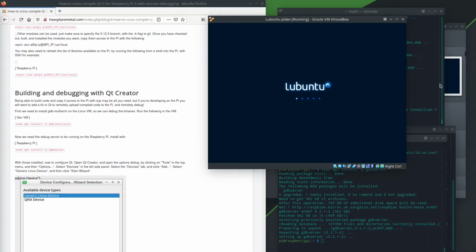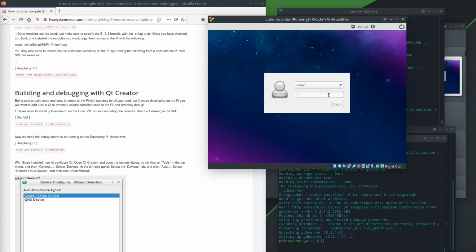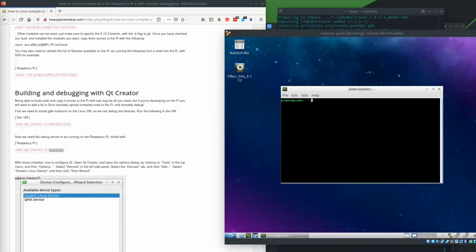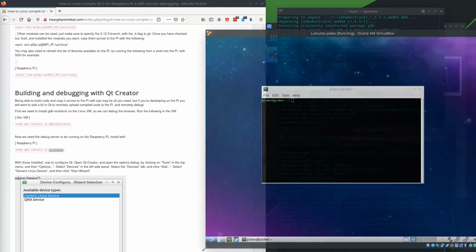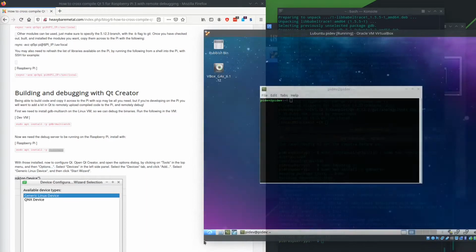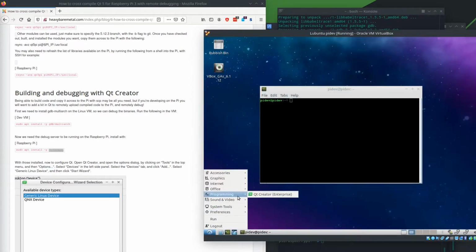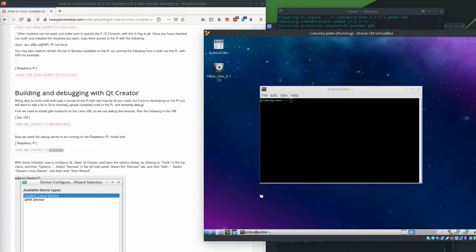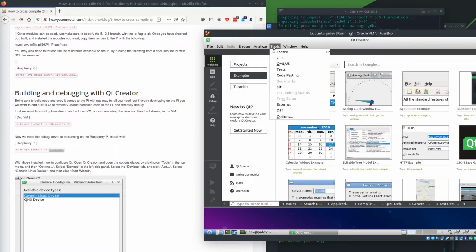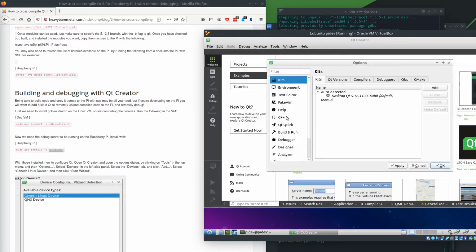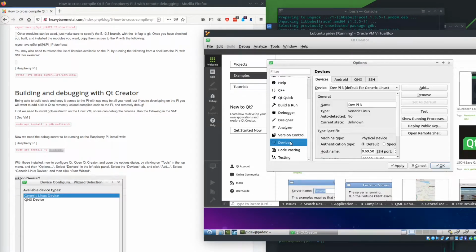Okay, so we'll let that boot back up. Now that we've rebooted, we'll log in. Okay, so now we have VBox Guest Additions installed. We can go ahead and resize and make this window a little bit bigger and open up Qt Creator. Now what we want to do is go Tools, Options, and first off, we want to go to Devices